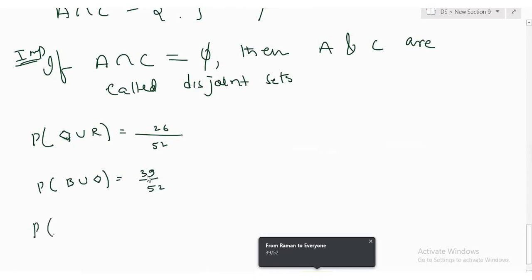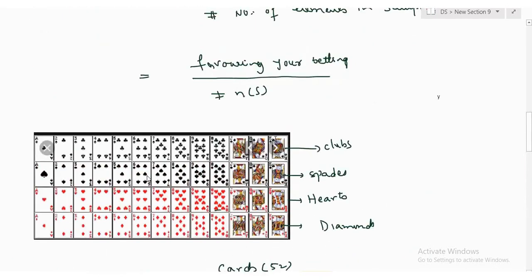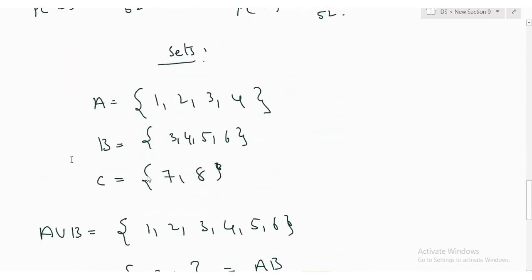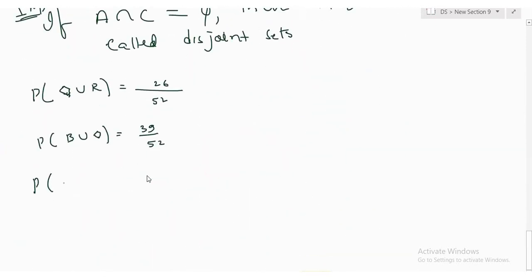What is the probability of a number card? Let me explain this. I'm calling these picture cards: K, Q, J, K, J, Q, K. Those are picture cards. A I'm also calling a number. You guys clear? A is a number. So how many number cards are there? 40. So if I pick a number card, what is the probability? Easy.